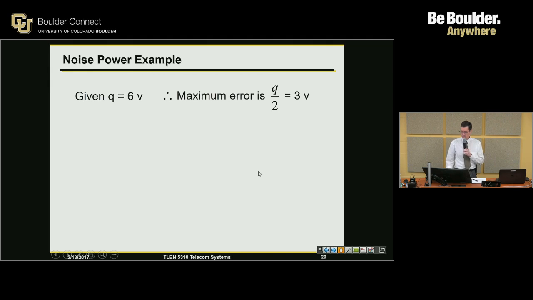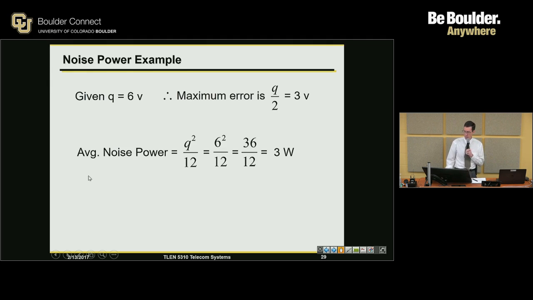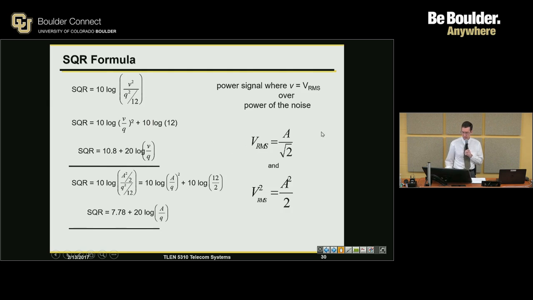That means that my maximum error is going to be Q over 2, or 3 volts. And so if I want to find the average noise power, I put that into my Q squared over 12, and it gives me an average noise power of 3 watts for that particular example. So now if I go back to my SQR formula, which was 10 log of my signal squared over my noise power,